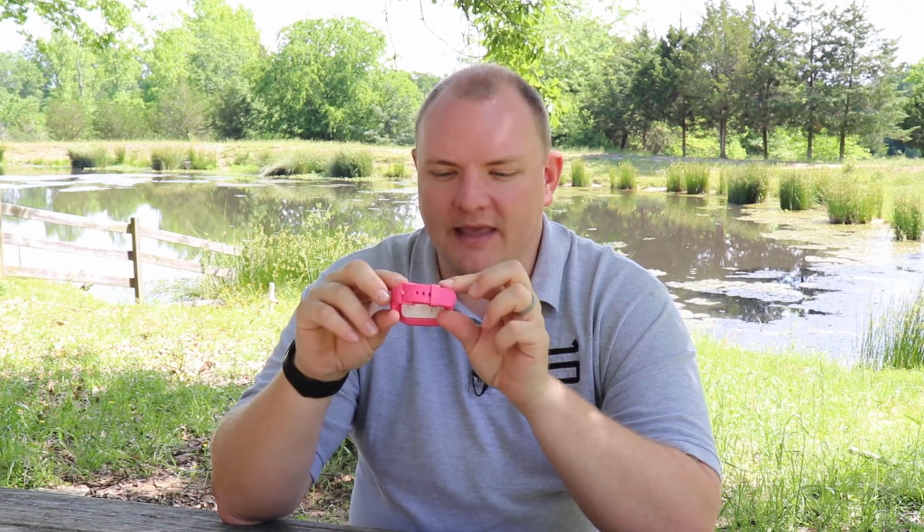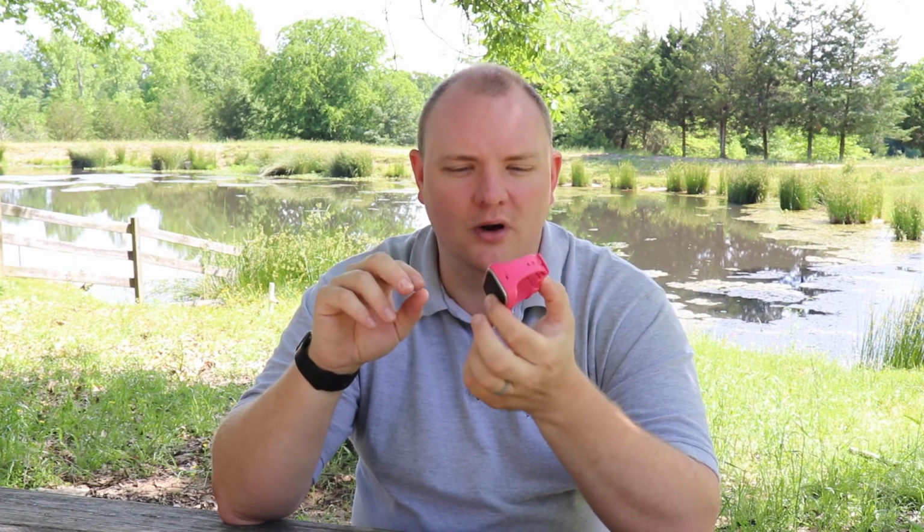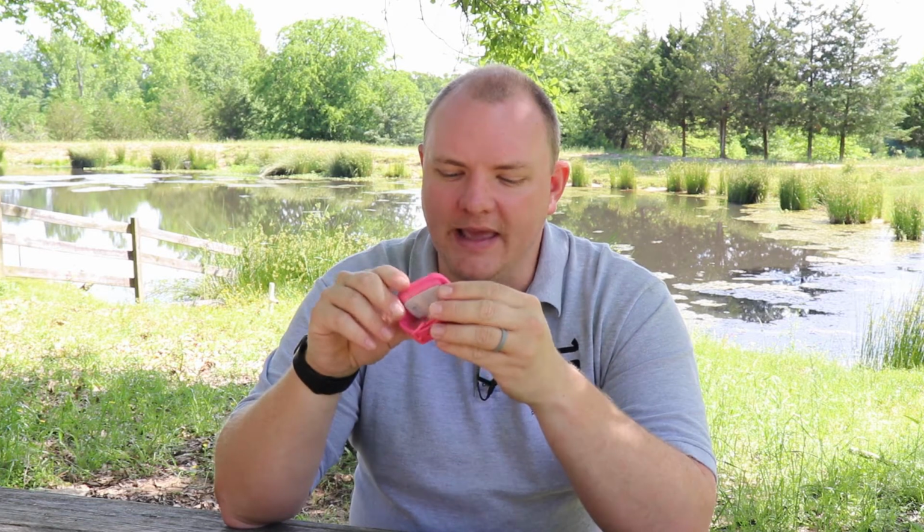It is a great concept. I think this thing is a really good idea, but the app and the speed and the implementation is just terrible now. And I want to go over a review on what changed. There's an app to use this watch that caregivers, parents use, and the app was doing pretty well for what we were wanting. And then all of a sudden they did an update, and